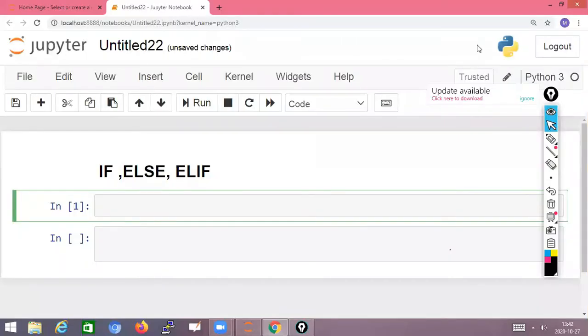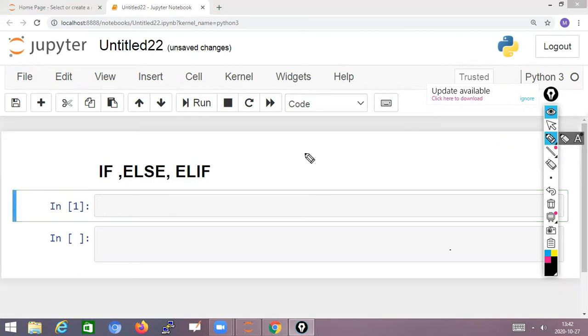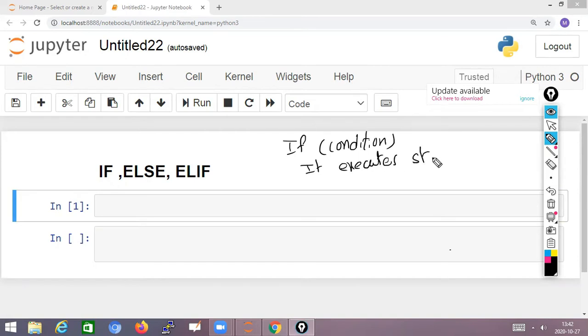Now we are going to discuss the if else statements in Python. To understand that, first we will write the syntax. If we mention some condition, if the condition is true, it executes statement 1. If the given condition is false, it executes